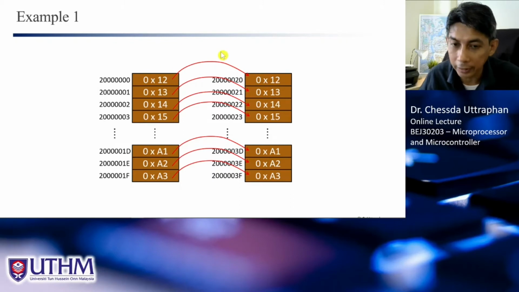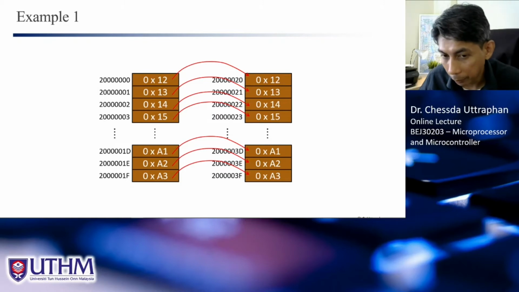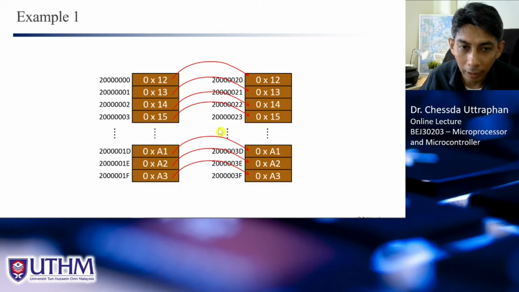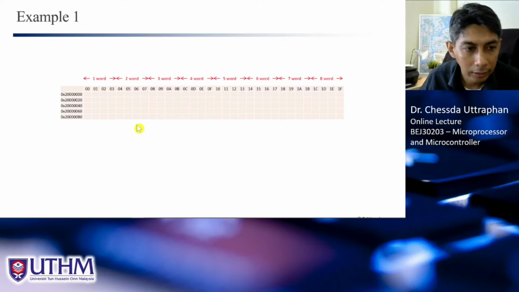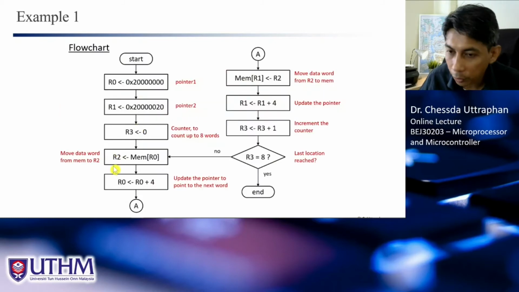So you have many registers. You have R0, you have R1 until R12 for general purpose register. Use one of them to be a temporary data storage. So in this case, I use R2, right, to get the data from the memory location from the source